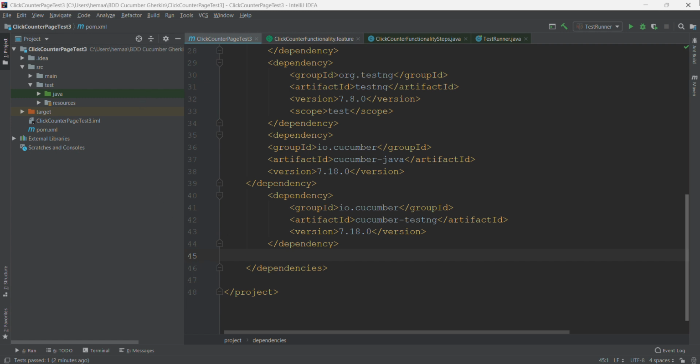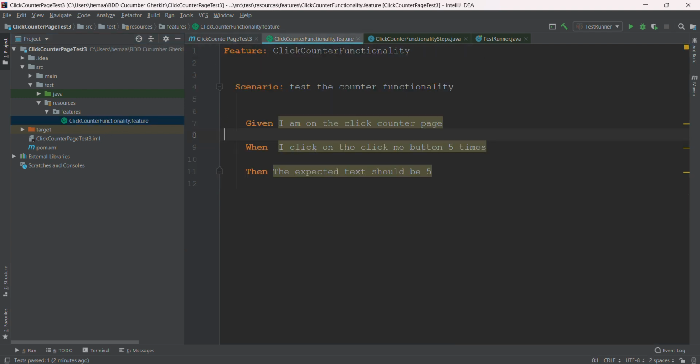And coming to the resources, we'll use a feature file. We'll create another features package. In that features package, I have created a file called click counter functionality feature. Here we'll use different keywords to write this feature file. So feature will include the high level definition of that particular test scenario, that is click counter functionality, and